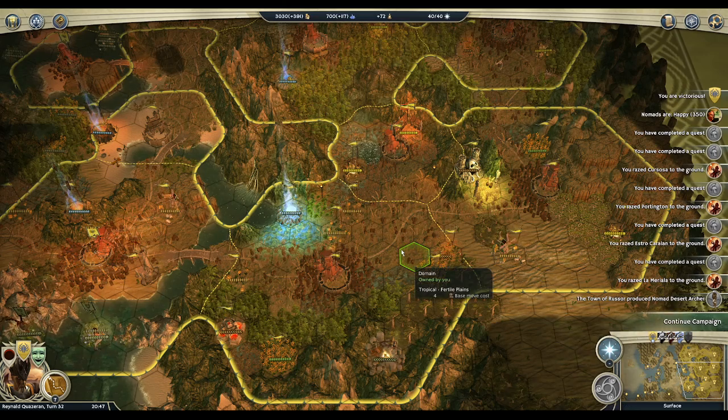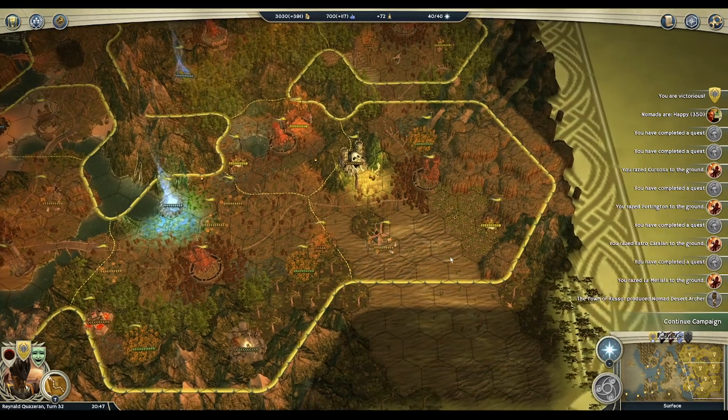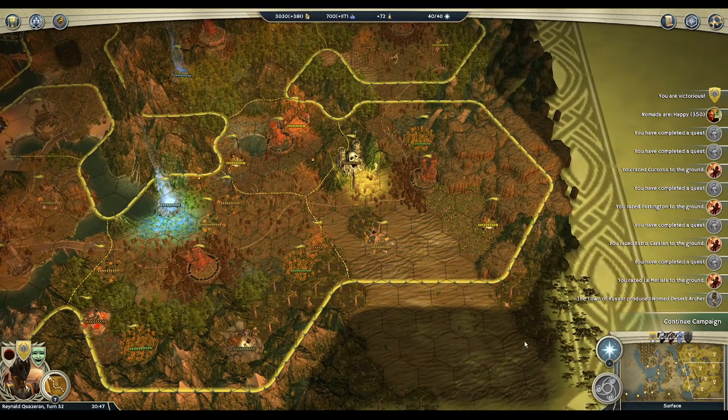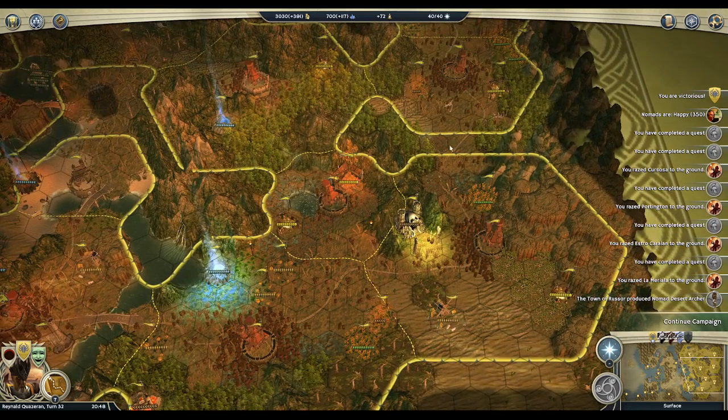Now, I don't have a save from the start of the map. I have a save from when I just beat it, as you can see by all this. But where we started was here. I started with 2 settlers and about 9 military units. So you came up here, you had to clear some stuff out, plant 2 cities on city ruins, and then all of this was defended by different